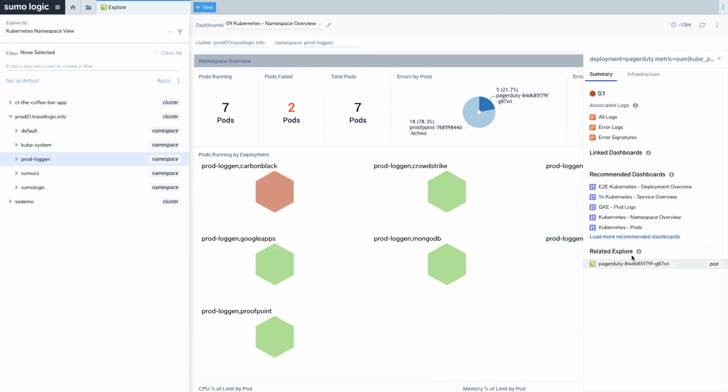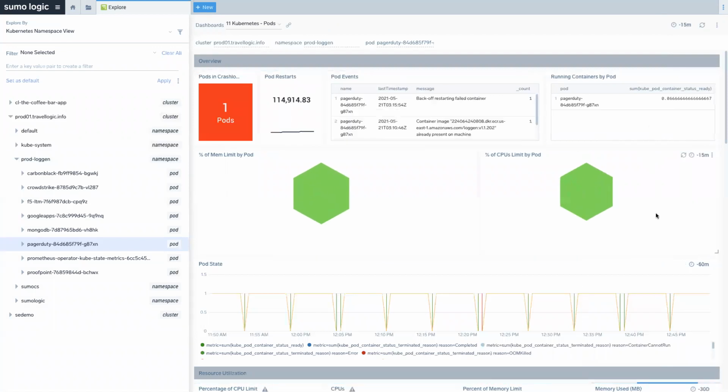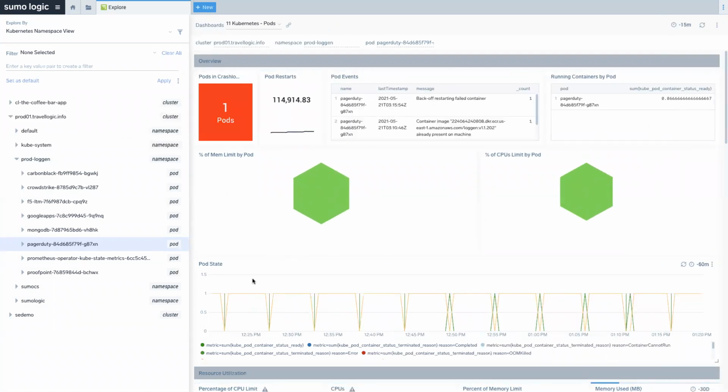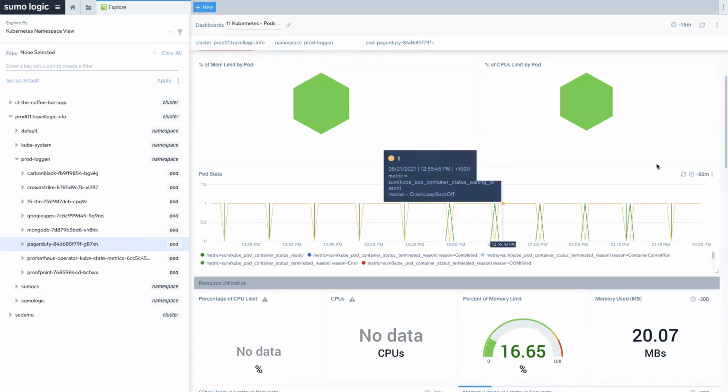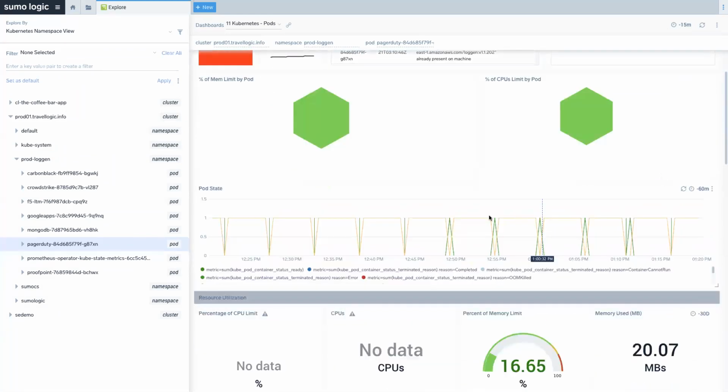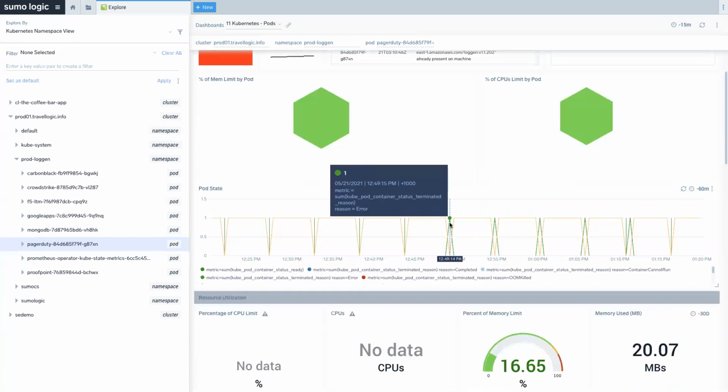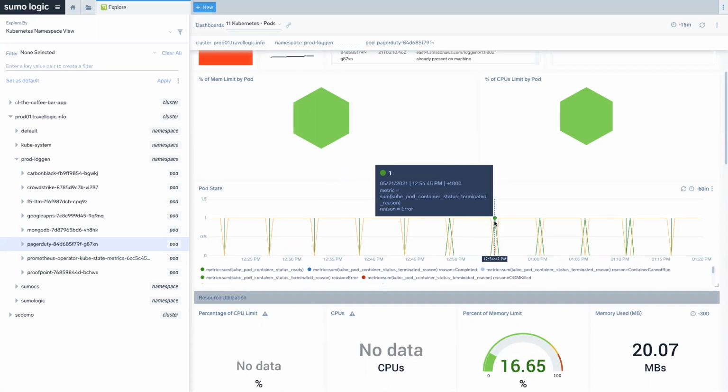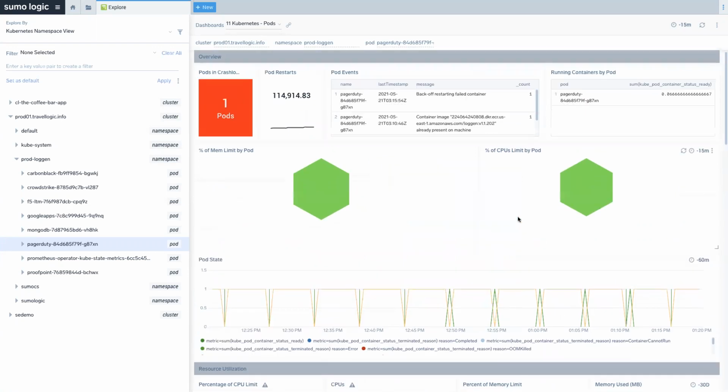So we can look at the pod dashboard here for this particular one. Now I've just used my Entity Explorer drill down to do that. But here I can see what I've got going on: I've also got a pod crash loop back off, but I don't have that out of memory killed error. What I've got here is terminated reason is error. So there's still a similar issue, but a different cause. And it's saying back off failed restarting container.